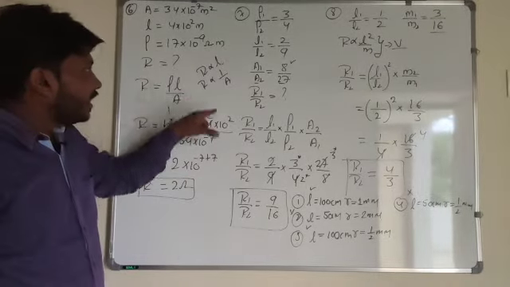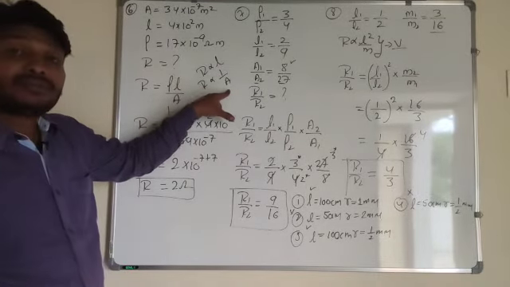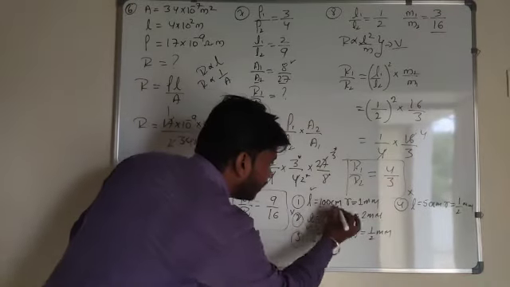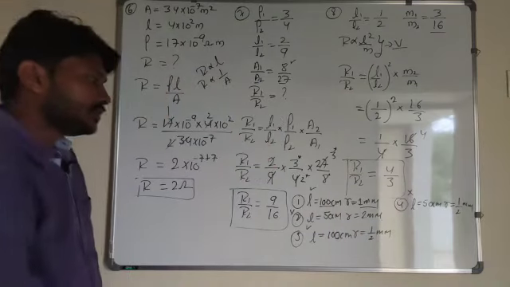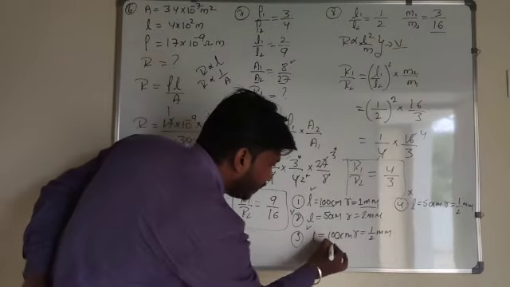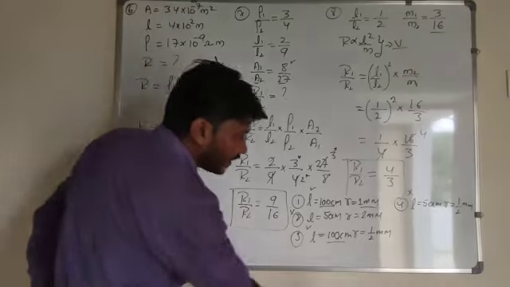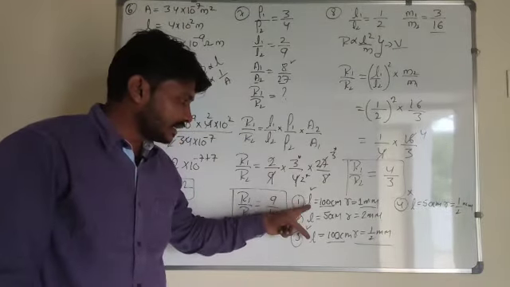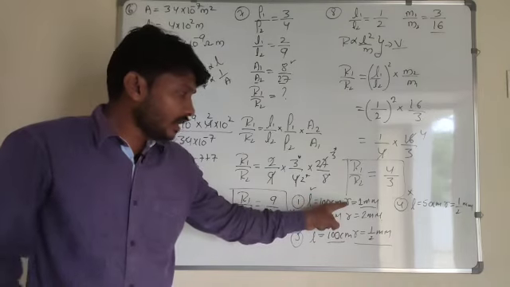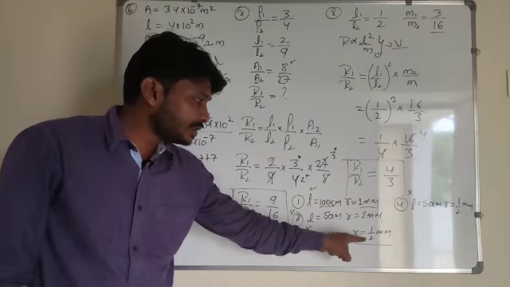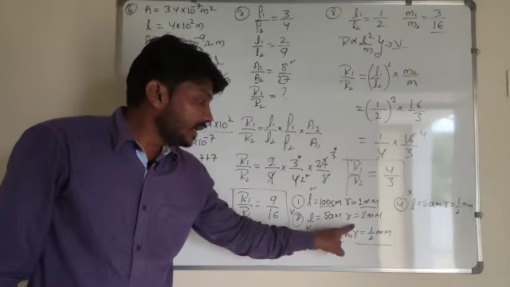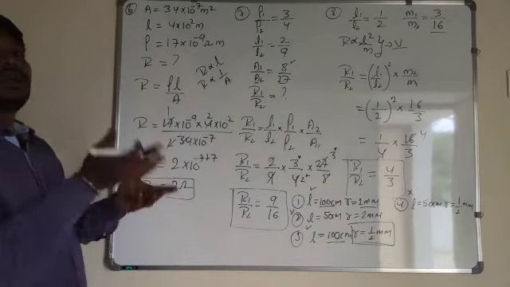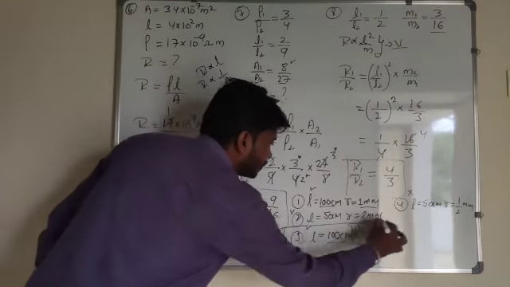So the wire having greater length and lesser radius will give the more resistance. Length of these 2 wires are same here, but here radius is 1 millimeter, here radius is 0.5 millimeter. So the radius of this wire is less, which means its resistance will be more. So third option is